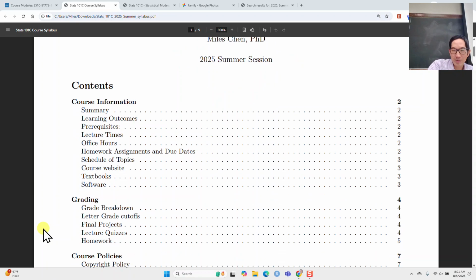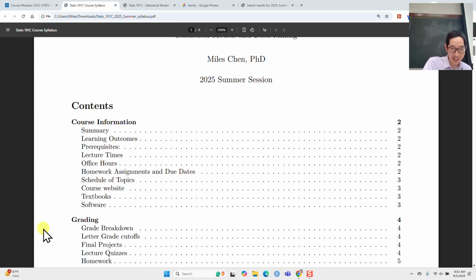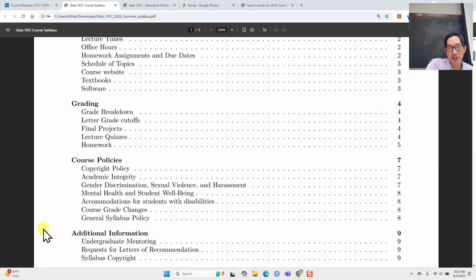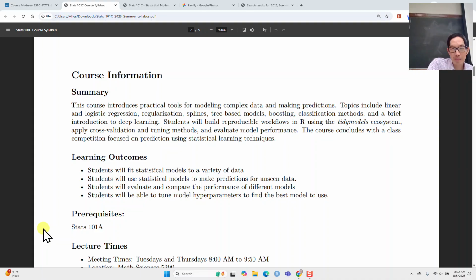Just thought we'll get started. We'll, I guess, briefly go through the syllabus. It feels like it gets longer every year, and now I'm up to 9 pages with a table of contents, which is like too much now. But anyway,